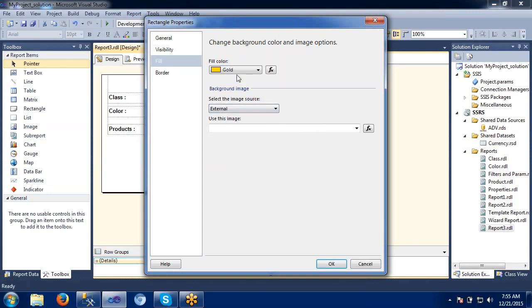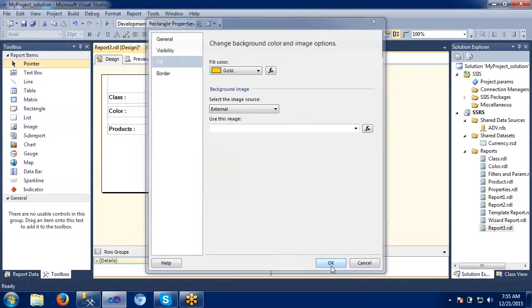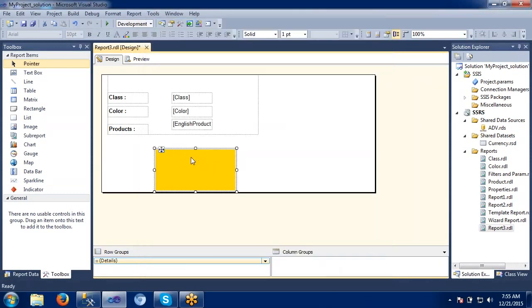So just try it yourself at home. I hope we have already covered the embedded image in the previous sessions. I will take it one more time in the next couple of minutes. I will just take a gold color here. I have filled some color in the rectangle so that it is differentiated from the list when I preview it.